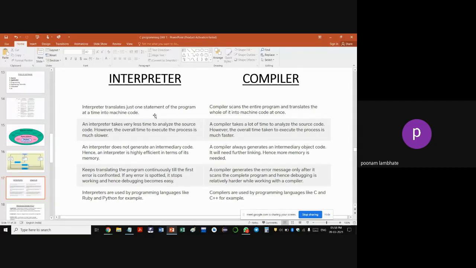Once your program is coded completely, you will interpret it, and after it is interpreted, you will execute it. When it is interpreting, this can be used to debug your program. Debug means if there are any errors in your program, the interpreter will highlight them. If there are any errors, your program will not run. So in order to detect the errors, you can use an interpreter or compiler.